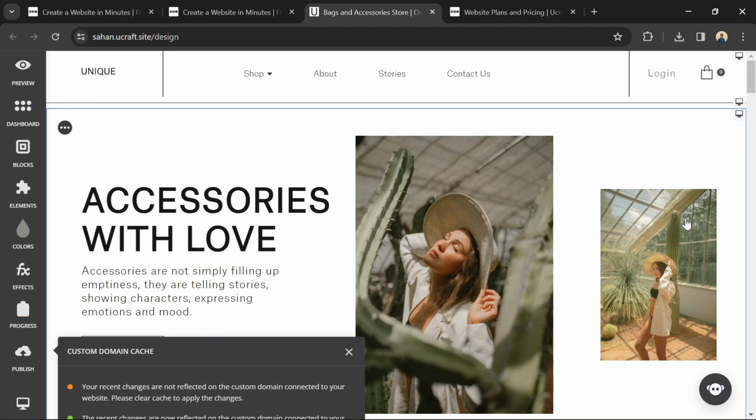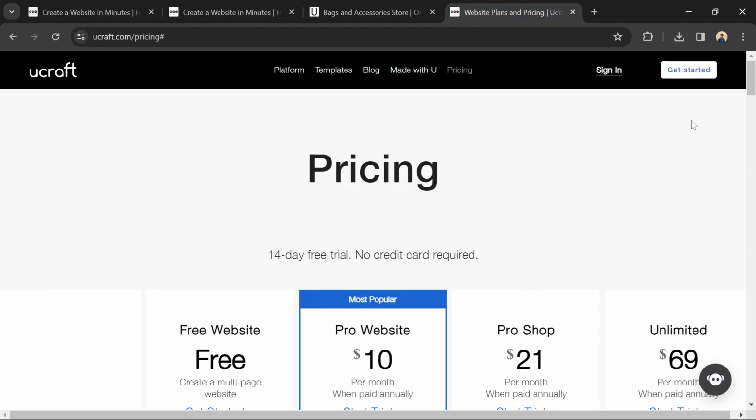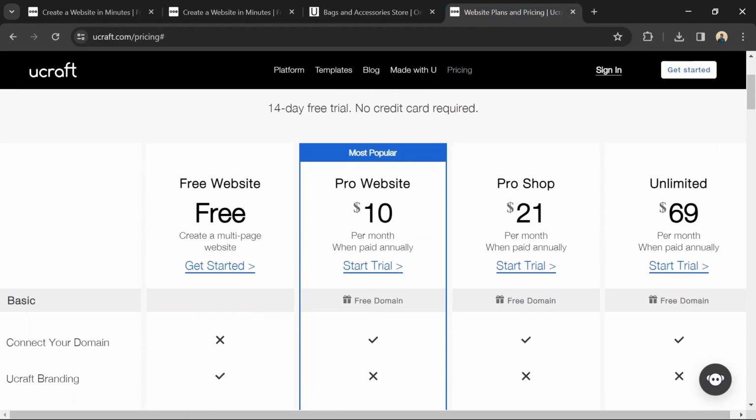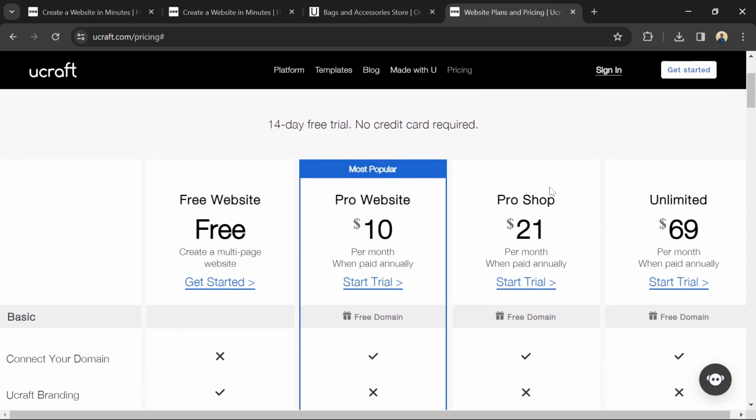Ucraft offers a variety of pricing plans to suit different needs, including a free plan and several paid plans with increasing features. Here's a quick breakdown of their offerings. The free website plan is suitable for creating a basic website with up to 15 pages. It includes features like mobile responsiveness, SEO tools, and free hosting, but you'll have a Ucraft watermark on your site